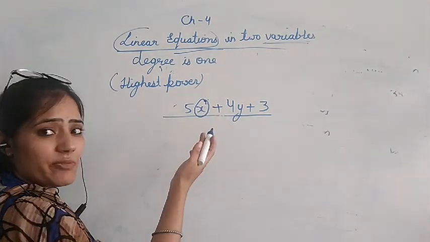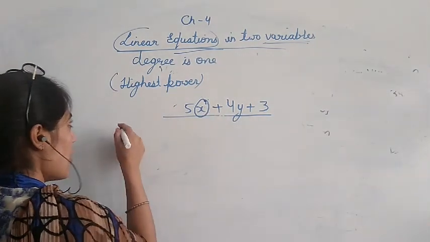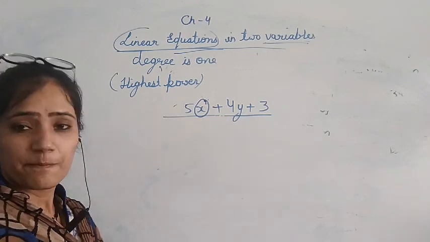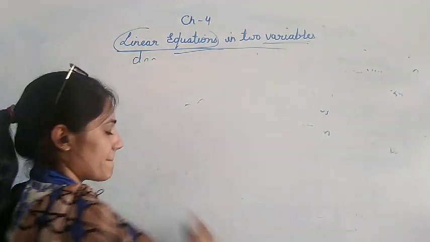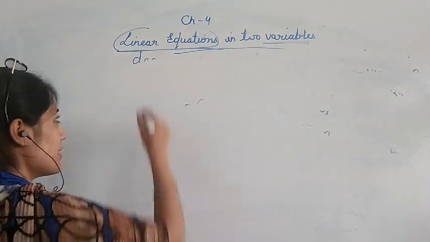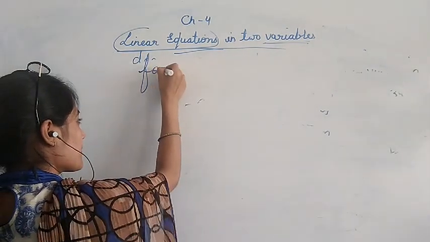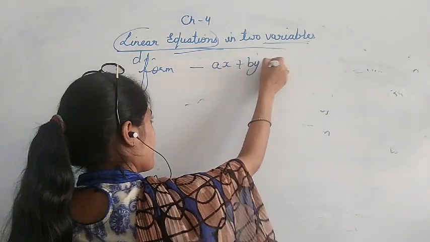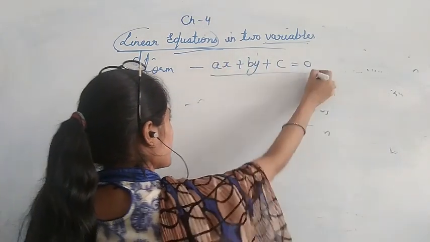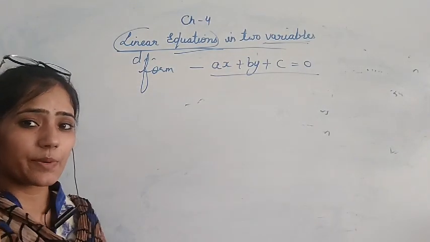This I have given as an example only, but what is the form of linear equation in two variables? The form of linear equation in two variables is ax plus by plus c equal to 0. This is the form of a linear equation in